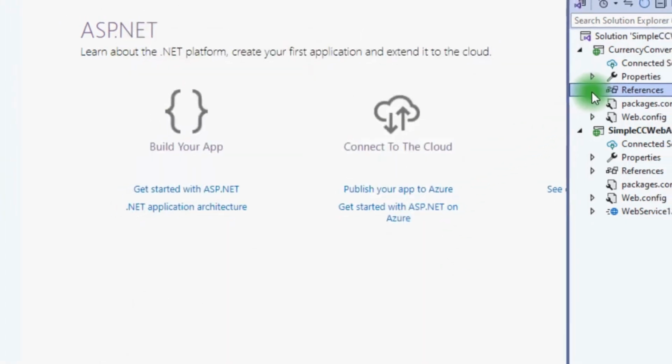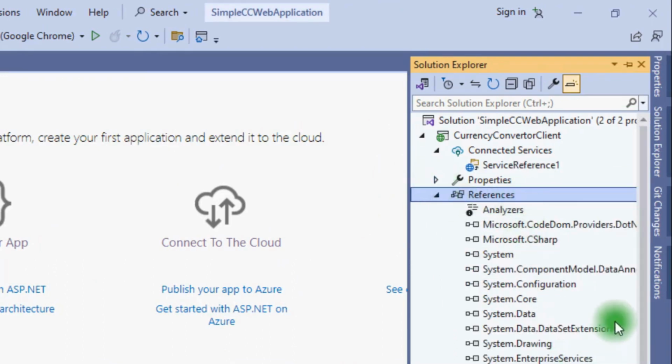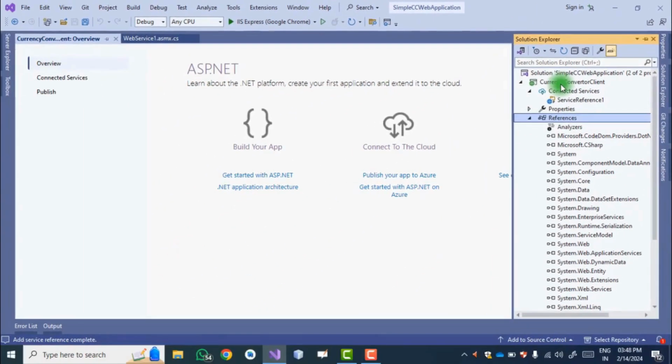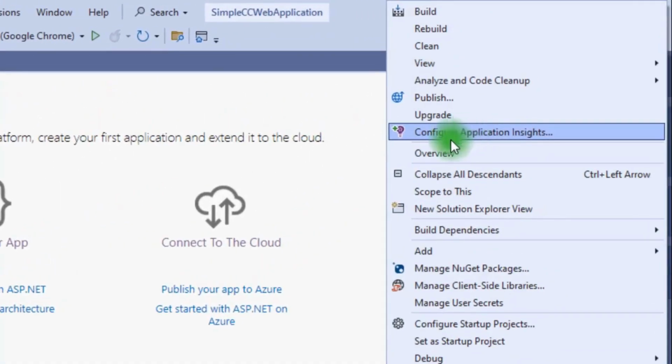So just check that the service reference is added. As we can see here, these are all the references that are required to call or to consume that web service.